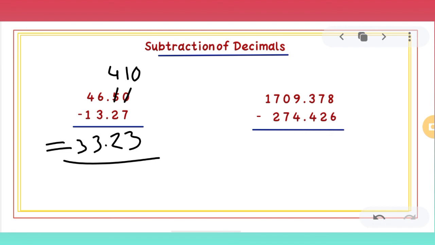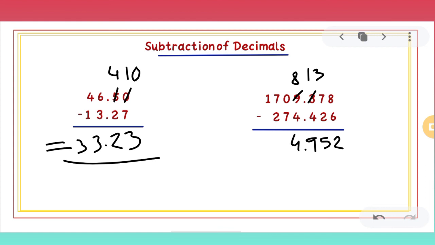Now let's see one more example. 8 minus 6 is 2. 7 minus 2, 5. 3 minus 4, not possible, so we will take a carry from 9. It doesn't matter that there is a decimal point in between, we can simply take the carry from across the decimal also. So 9 will become 8 and 3 will become 13. Now 13 minus 4 will give you 9, decimal below decimal. 8 minus 4 will be 4.